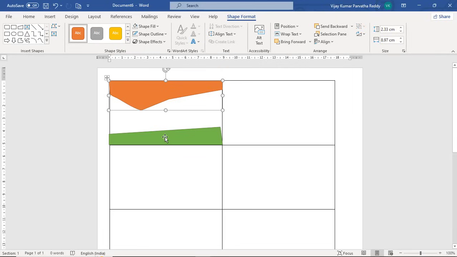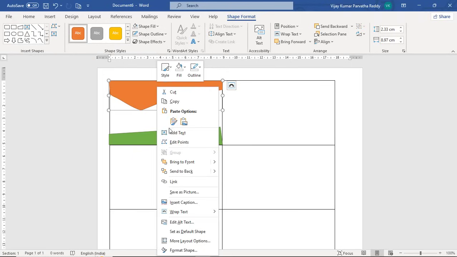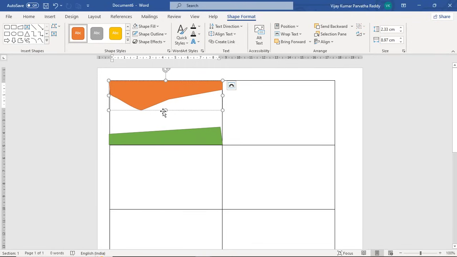Now you have to place the information in this area. So how you want to place the information? So by right clicking on the shape also you can add text, or otherwise you can take a text box also. So directly I am going to add some text here. You can also align the text in the top of the shape. So now I am going to place some text here, like I am typing